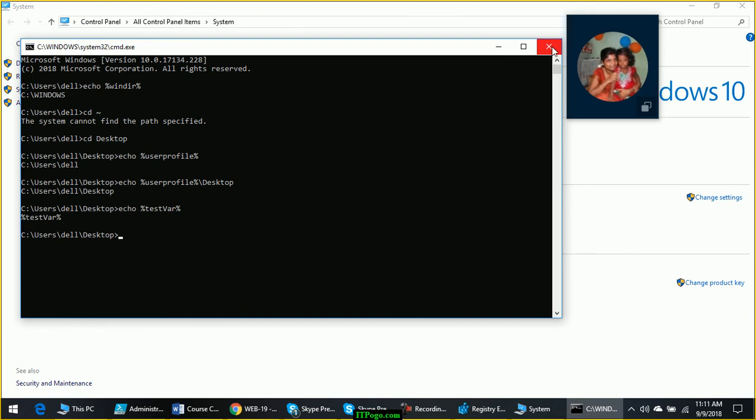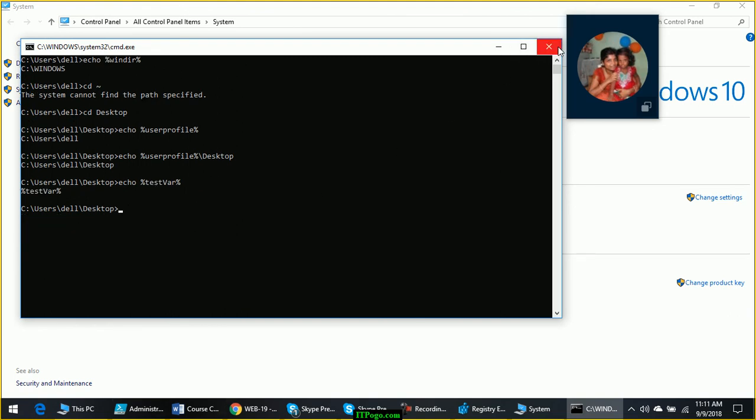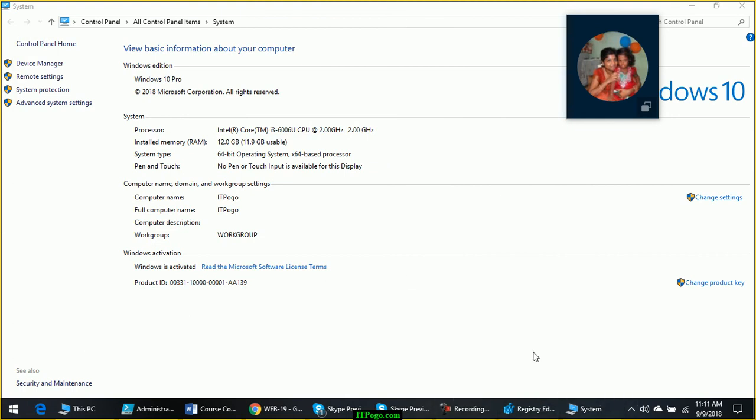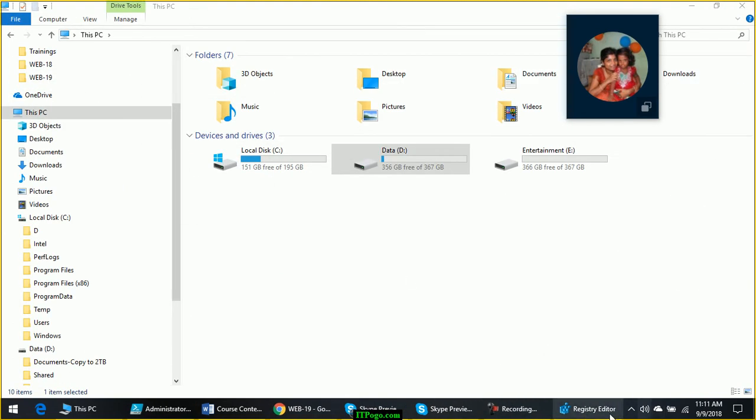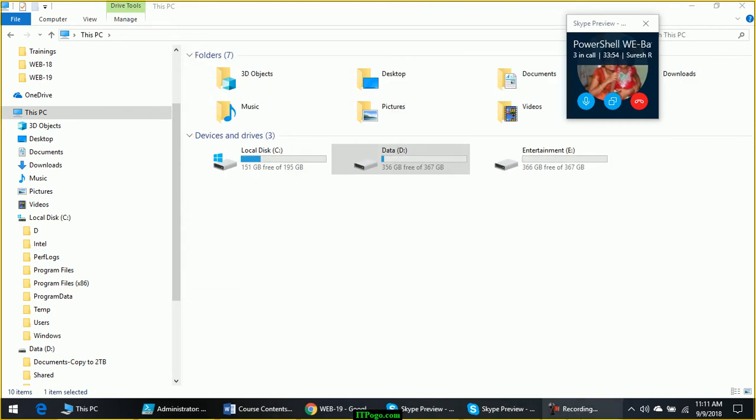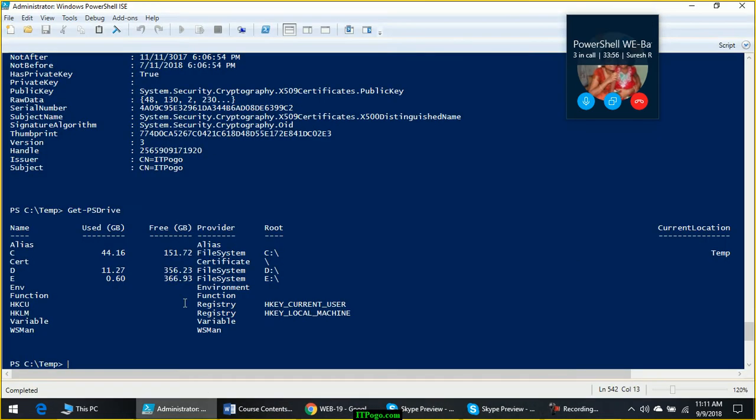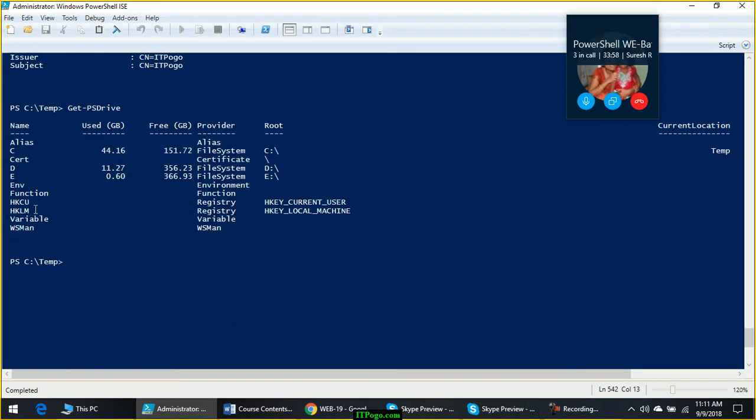So this is how variables work, and these are operating system variables. These variables are also available in PowerShell using the environment variable drive. You can set location, or you can just browse that location using env colon.